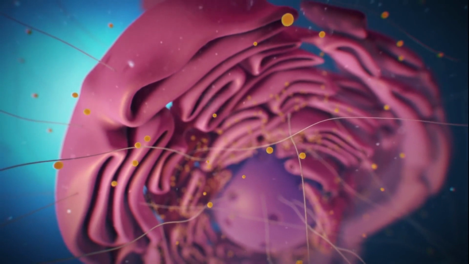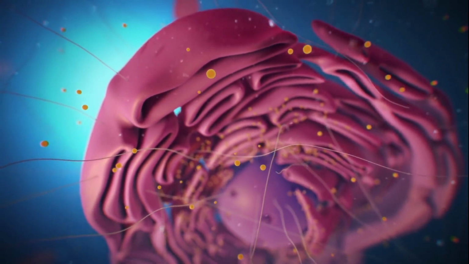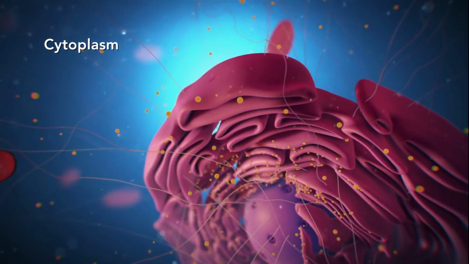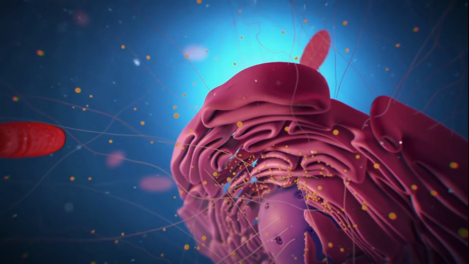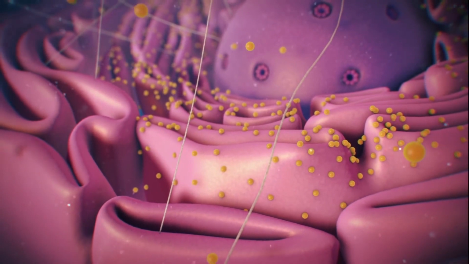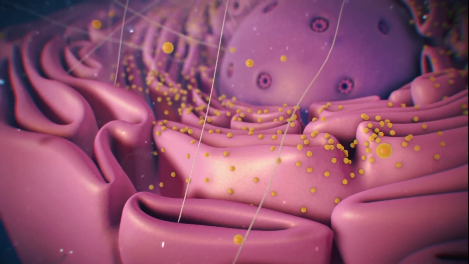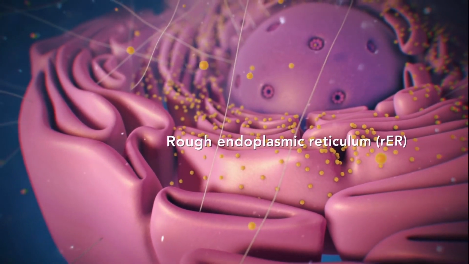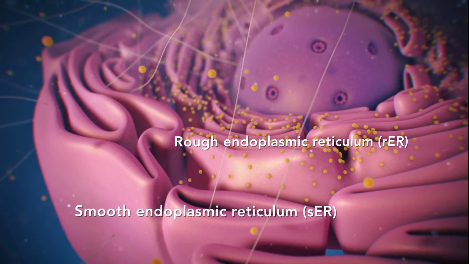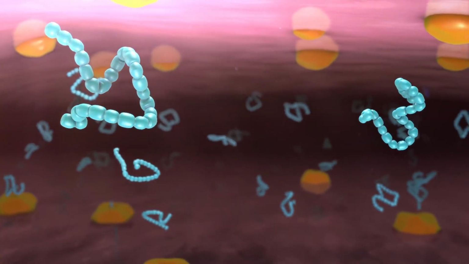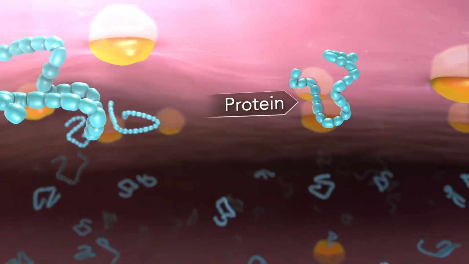Outside the nucleus, the ribosomes and the rest of the organelles float around in the cytoplasm, which we said is a jelly-like substance. Ribosomes may wander freely within the cytoplasm or attach to the endoplasmic reticulum, sometimes abbreviated as the ER. There are two types of ER. Rough ER has ribosomes attached to it, and smooth ER doesn't have ribosomes attached to it. The endoplasmic reticulum is a membrane-enclosed passage for transporting proteins,